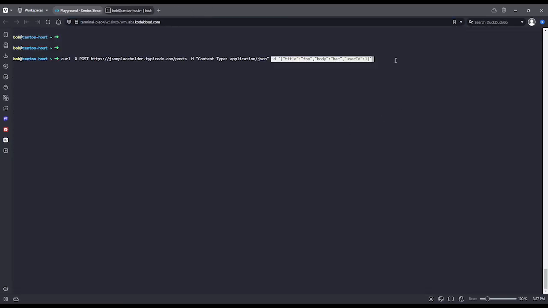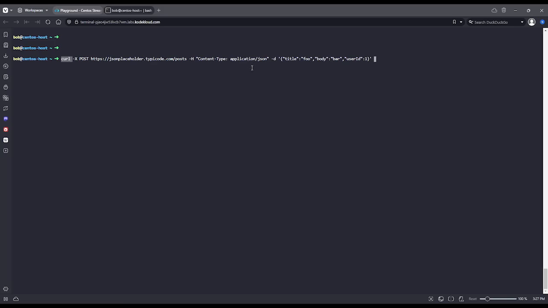So let's first understand what we are doing. We are using the curl tool and making a POST request to this URL. This is the endpoint, and we want the content type to be application/json, which means the content should be of JSON type, and we are posting data. Minus d is for the data, and the data should be in JSON format because our content type is